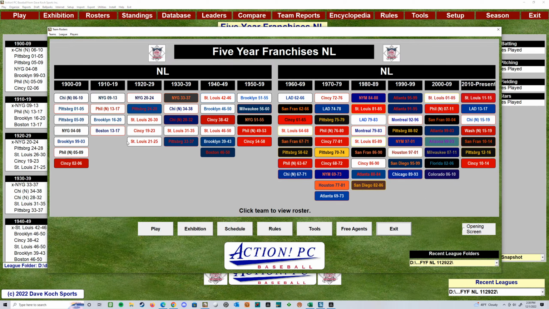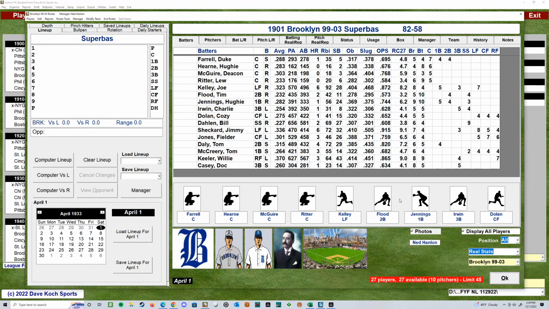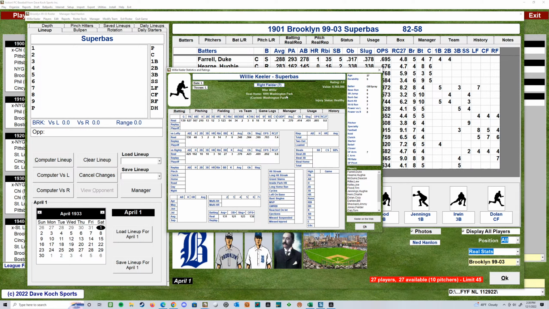Dead ball. Some of these pre-dead ball people. When we were talking, Beatles has the dead ball league, and I think things are running smoother now that they've got it set to a different era. But I can tell you that, like on this team, who's a big hitter down here? It's Wee Willie Keeler, right? So I've got him assigned to 1899 right here, and he's got a big average.